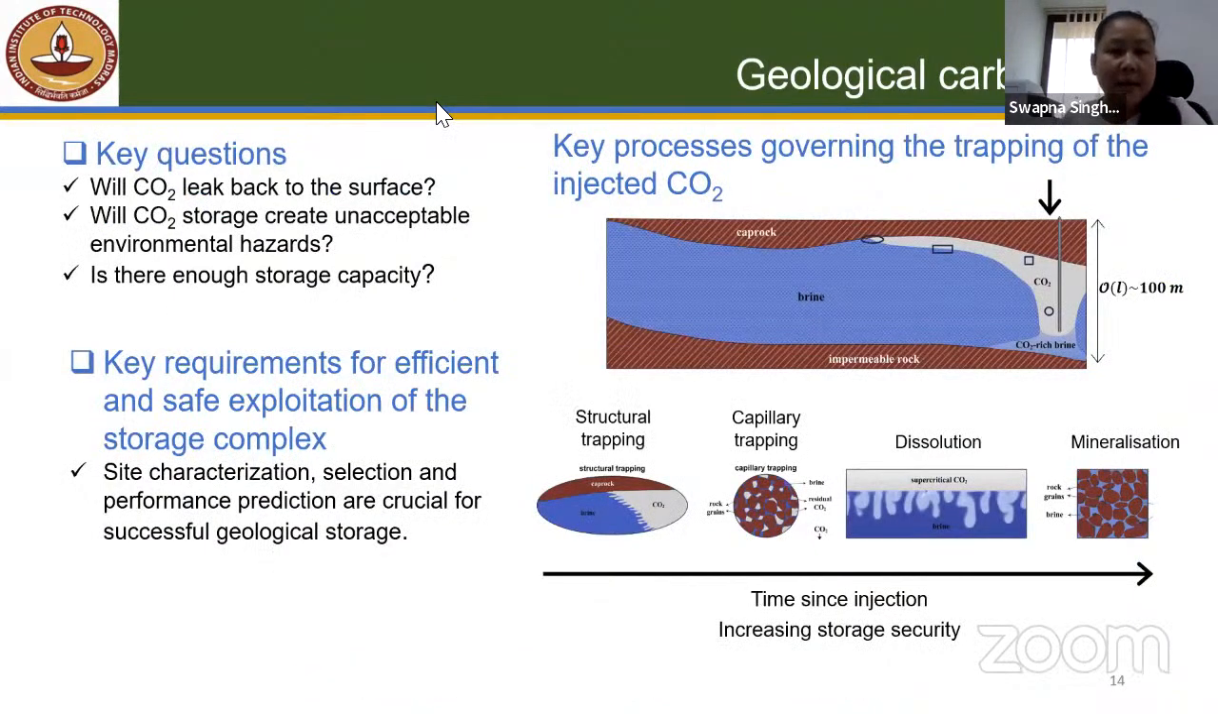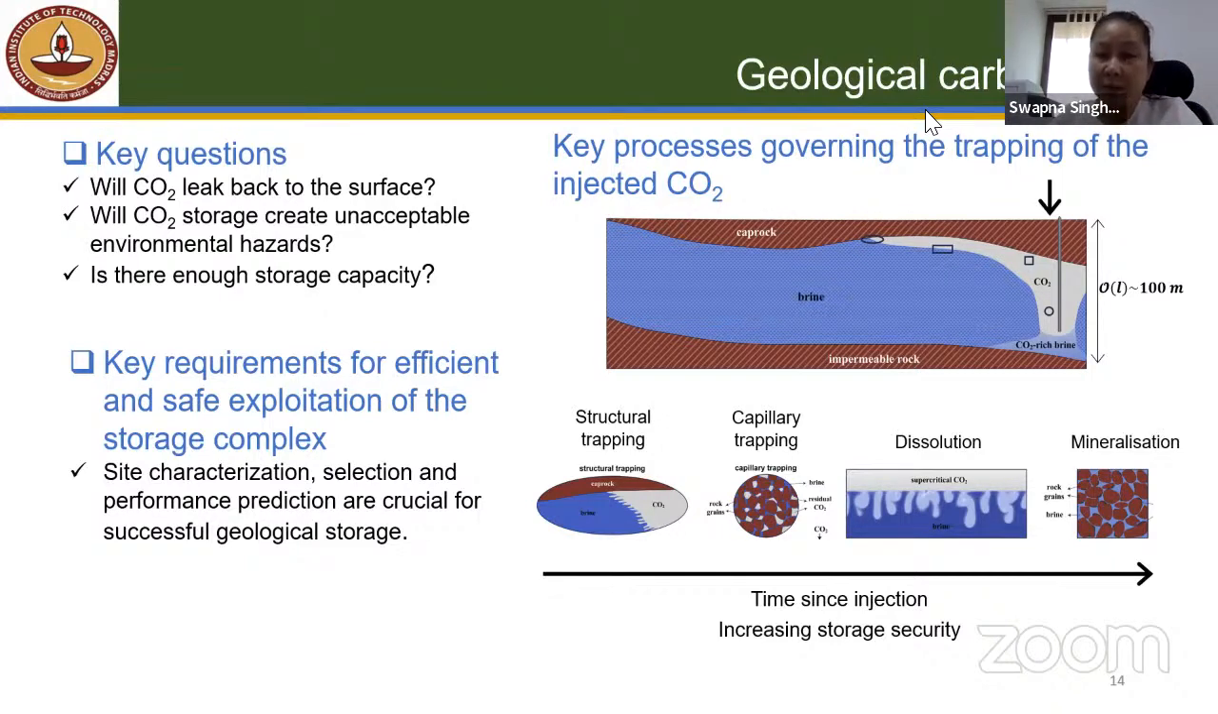So the key questions are: will CO2 leak back to the surface? This is one of the important questions. And will CO2 storage create unacceptable environmental hazard? And is the storage capacity enough? These are the key questions. And for that, we have to analyze this site, analyze this rock first, like the key requirement to characterize and select those sites where we can store the CO2. So this is again research: we have to first explore site characterization, selection and performance prediction,